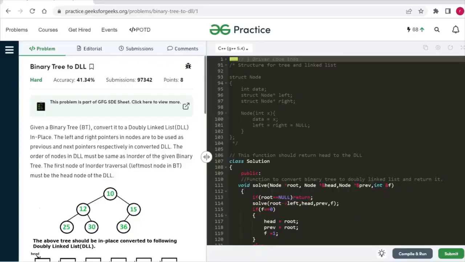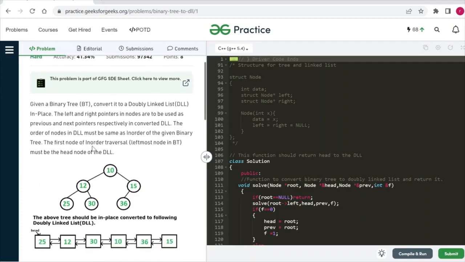Hello everyone, in this video we are going to see another problem, binary tree to doubly linked list. So let's read the problem statement first. Given a binary tree, convert it into a doubly linked list in place. The left and right pointers in nodes are to be used as previous and next pointers respectively in the converted doubly linked list. The order of the nodes in the DLL must be the same as the in order of the given binary tree. The first node of the in order traversal, the leftmost node in the binary tree, must be the head node of